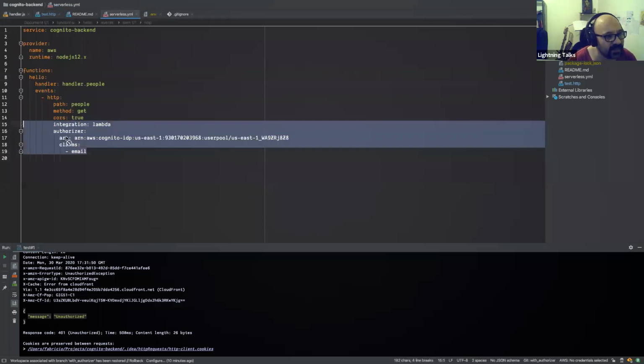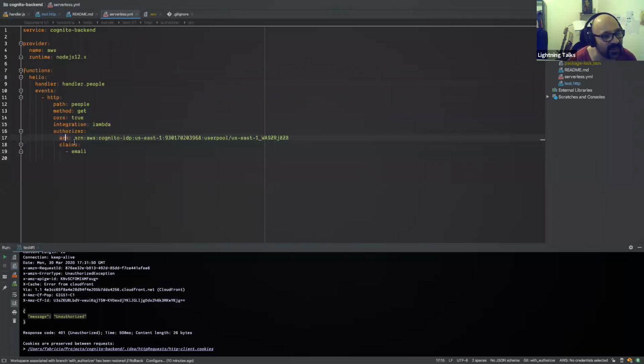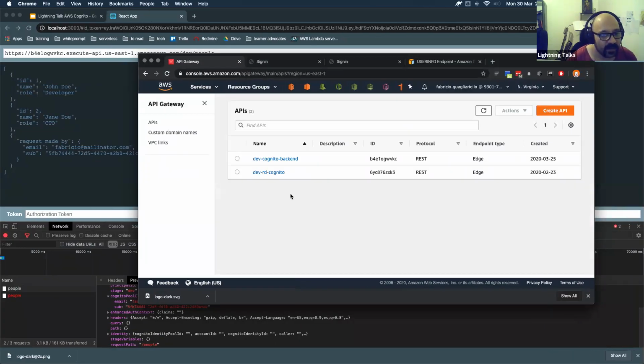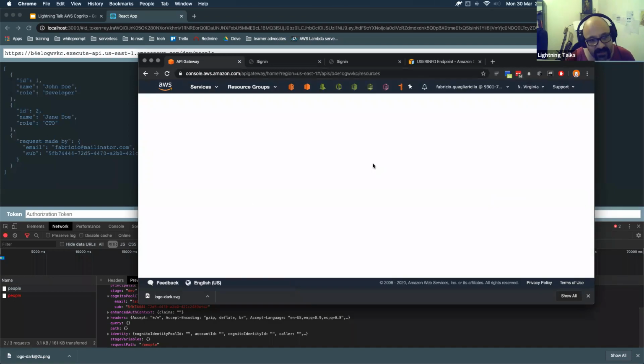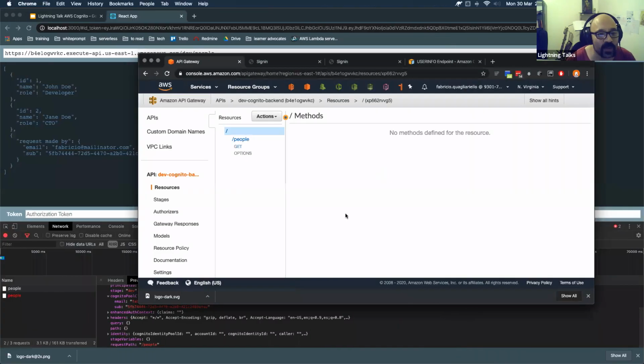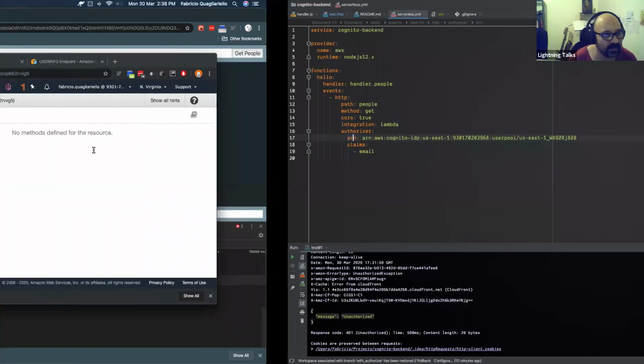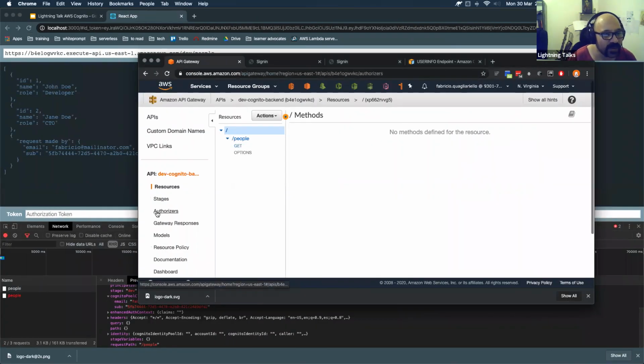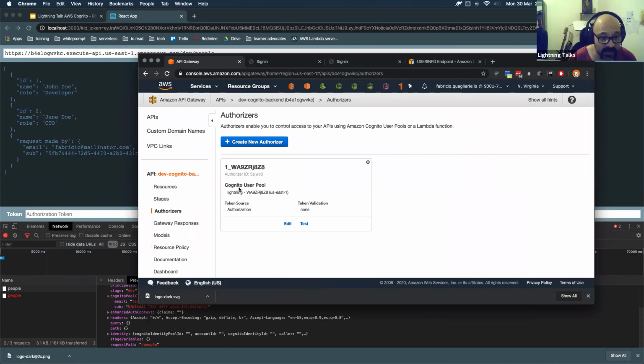This is the authorizer, this is the ARN, and those are the claims available to the Lambda. This is what happens. That was my code. This is what happens in the API Gateway because of this code, right? So if you go to authorizers, you are going to see this, which is created by the